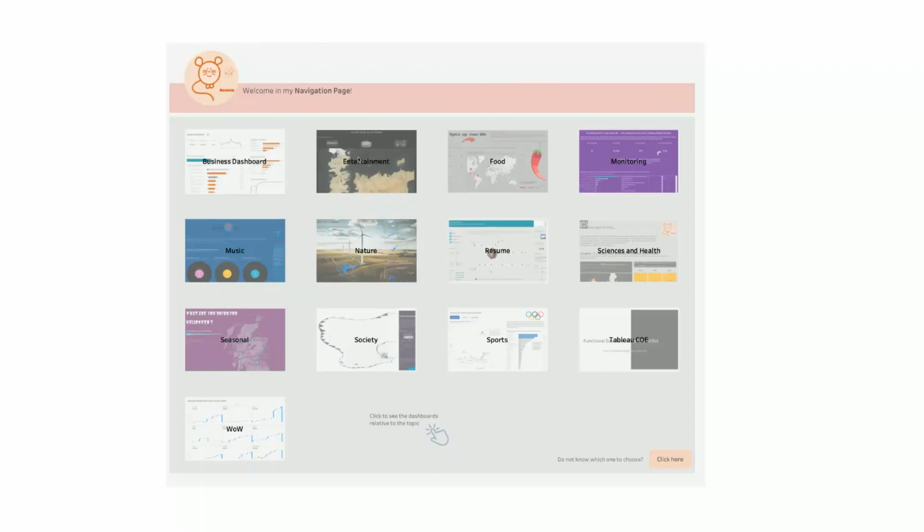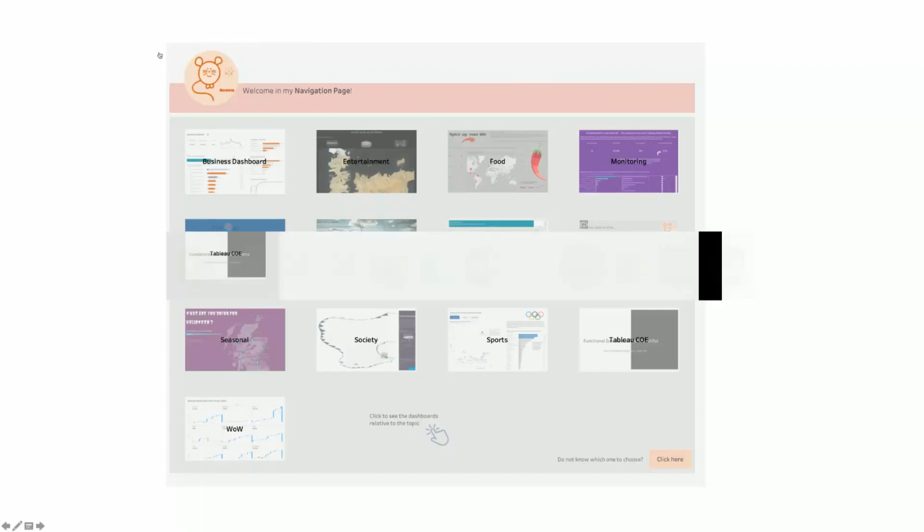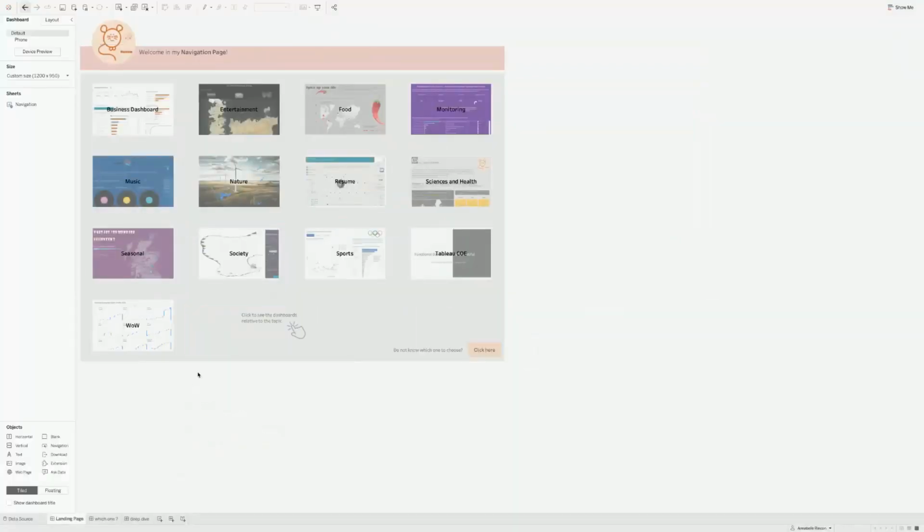Sometimes it's facilitated. So how it has been done, I can show that to you. This one. It's a funny story. I started doing that because I thought that my Tableau Public was becoming messy. And I tried to regroup some of the dashboards in some categories for the user, if he would like to click. For instance, if I go to entertainment,